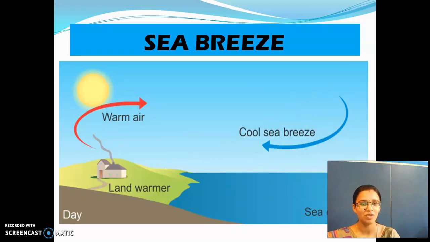Okay. Are you able to see this picture? Yes or no? So now what is the time? The sun is here. Now the time is daytime. During daytime, this is a coastal area, the seaside. This is the sea, this is land. So during daytime, listen, the land gets heated faster compared to the sea. The sea does not get heated up as fast, but the land gets heated